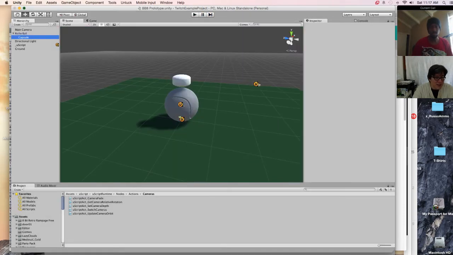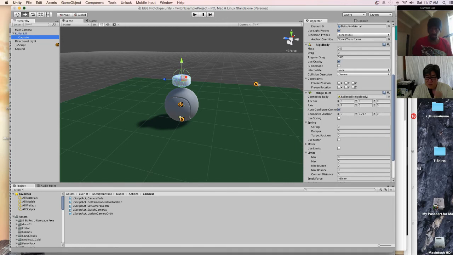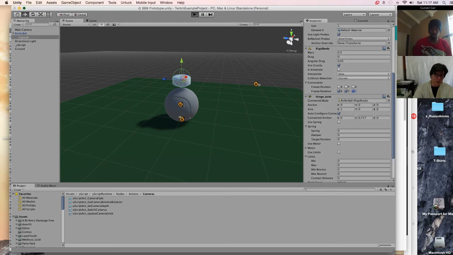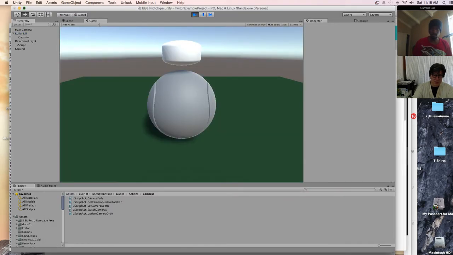Okay, so now let's look at our capsule. We got basic input. I wonder if we can freeze his Y rotation, and let's not allow him to rotate at all. So I'm going to freeze all those rotations. Let's see if that freezes him to his joint.